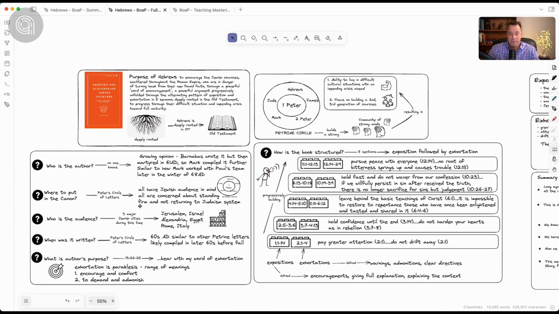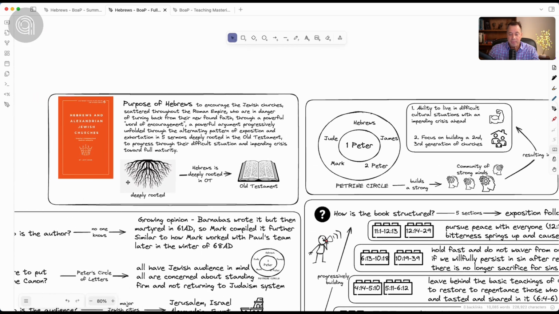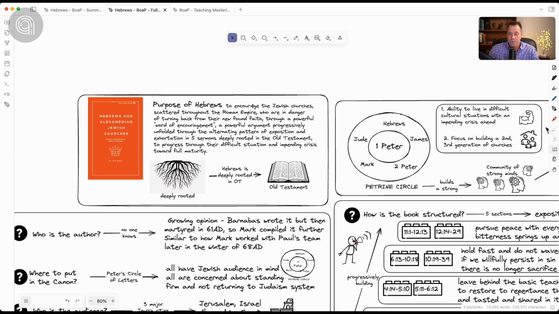So the book of Hebrews, as an overall purpose statement, is written to encourage the Jewish churches scattered throughout the Roman Empire, who are in danger of turning back from their newfound faith, through a powerful word of encouragement. I just got done talking about this concerning the whole Petrine Circle and where it fits. That's the phrase that the Hebrews author uses in chapter 13, his purpose statement. A powerful argument that progressively unfolds. We'll talk about how these 5 exhortations unfold progressively